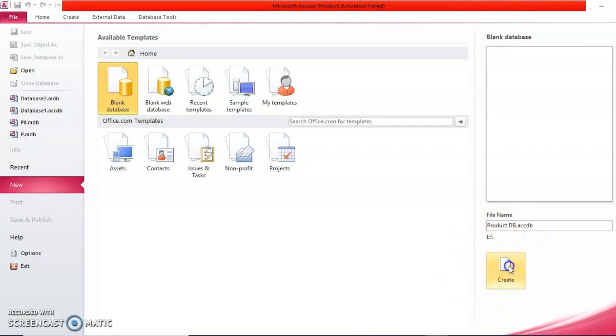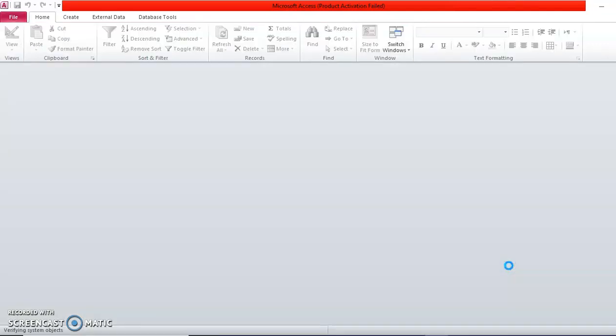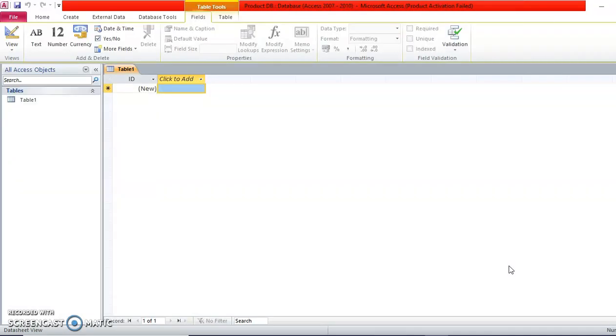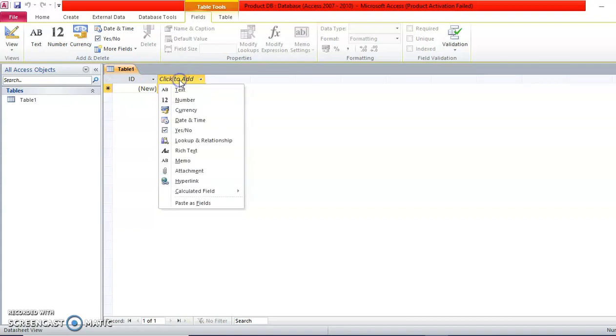Now I'll click on create. Once we click on create, one blank table will open. Here at the left you can see Table 1. I have not given the name as Table 1; by default it is named Table 1. And here are the fields, meaning the columns which are available. One is the ID column, which is like an auto primary key kind of thing. And whatever columns I need to add, I'll just simply type here. So I'll simply type